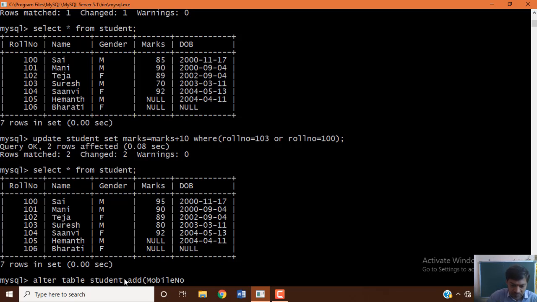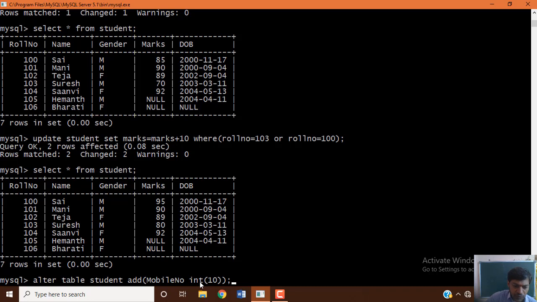Then you must specify that field's data type. By default, you can specify int or integer, which will take 11 digits. If you specify the size, by default it will take 11 digits. End with a semicolon.